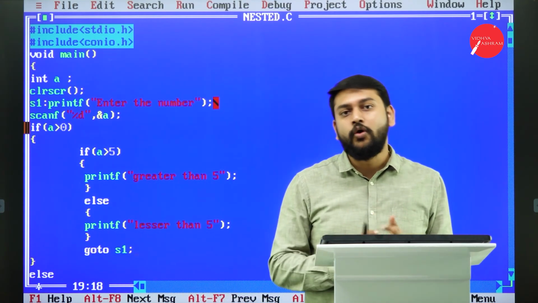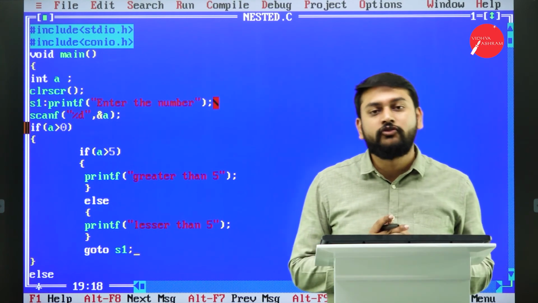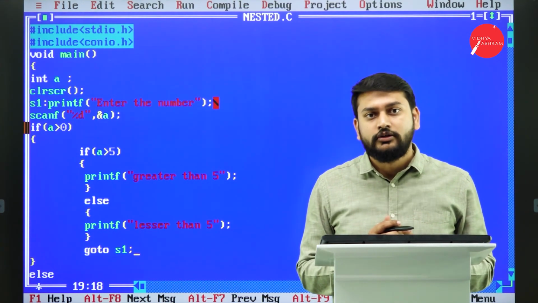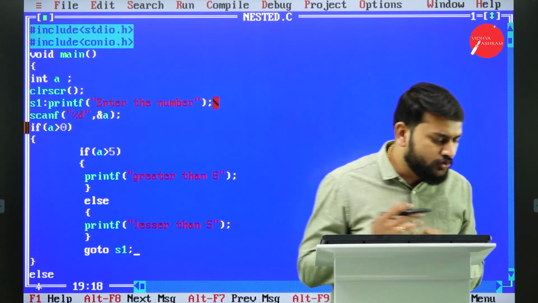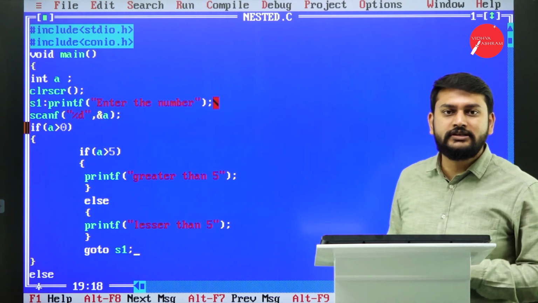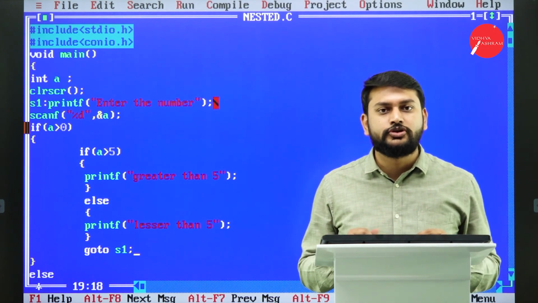This is how the goto statement is working for all of you. This is what you need to remember. If you want, you can take a screenshot of this. Please understand the different concepts of jump